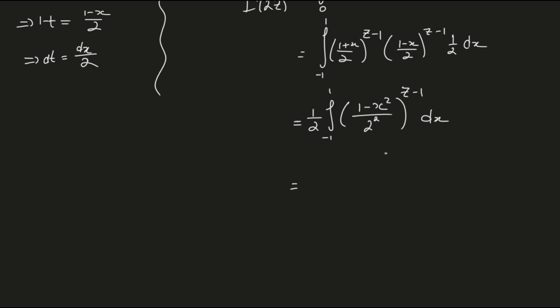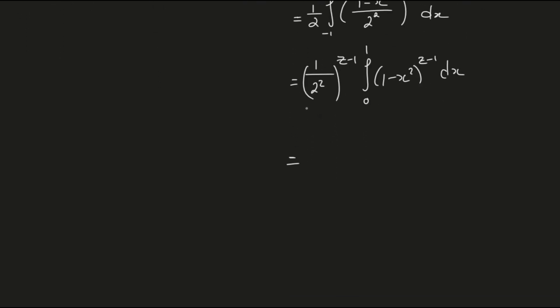But we can also bring out the 1 by 2 squared to the z minus 1, because it's a constant in the x world. So we have 1 by 2 squared to the z minus 1. I'll arrange that afterwards. Times the integral from 0 to 1 of 1 minus x squared raised to the z minus 1 dx. As I said, we can arrange the constant term out front. This is 2 to the negative 2 power raised to the z minus 1. So we effectively have 2 raised to the 2 minus 2z